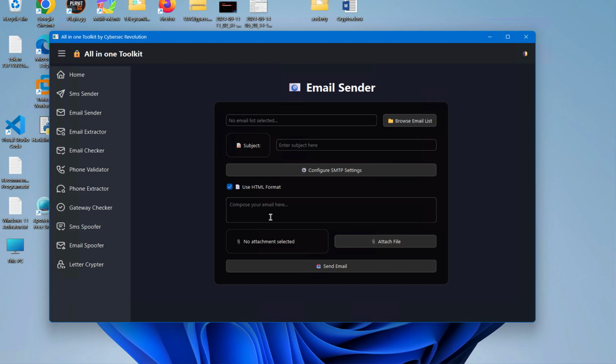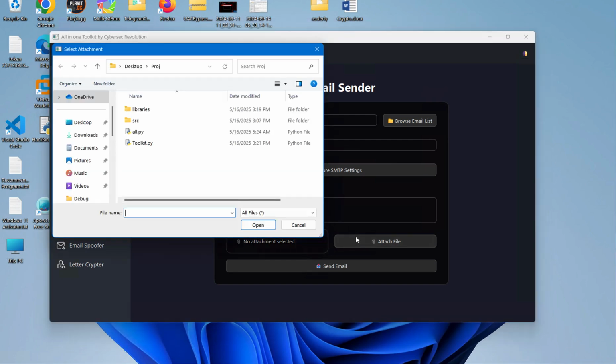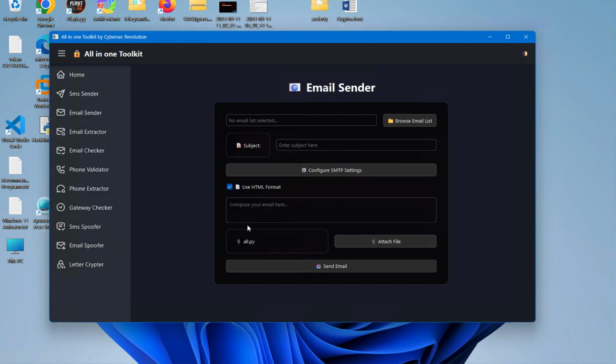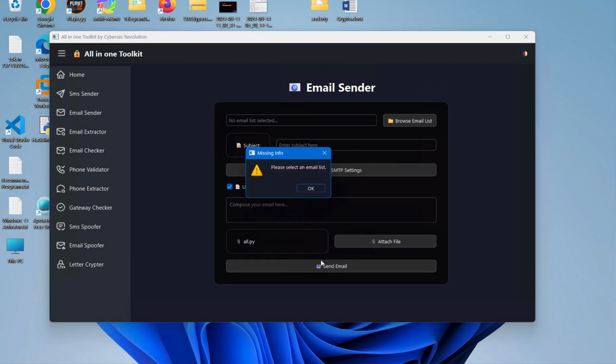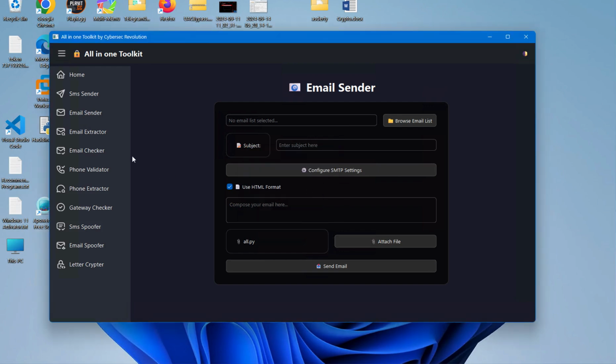You can write in HTML format, and it can also support attachment files. You can browse your attachment. Let me just give you an example. Let me click on this. You can see here, and then you can send the email. You can see here, please select email list, since I did not select this. And now let's